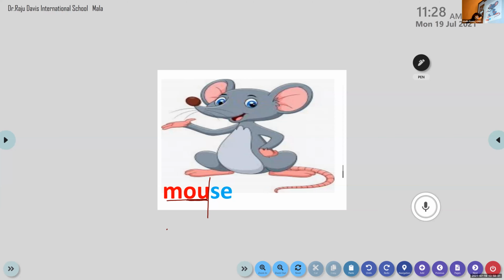So all of you please do sound out the word. It is mouse, M-O-U-S-E. Mouse. Okay, now I hope all of you are writing it. So if the word has one syllable, children, spell through its individual sound. Each letter has a distinct sound. So we have to sound out through its individual sound.